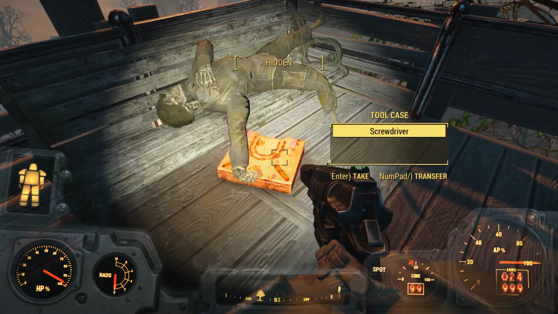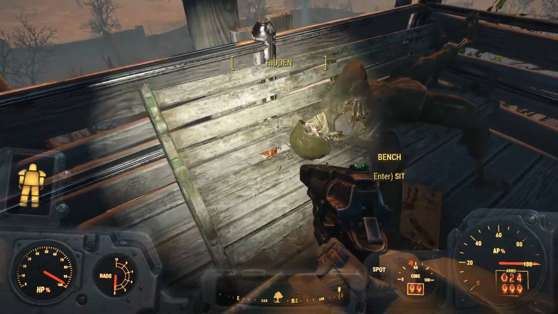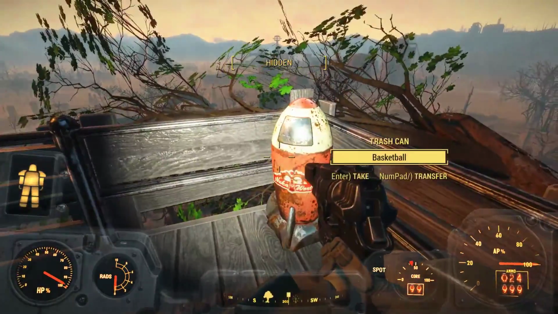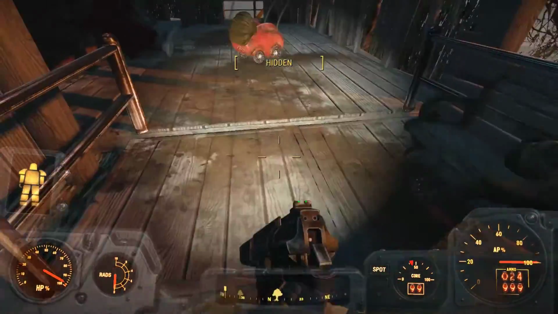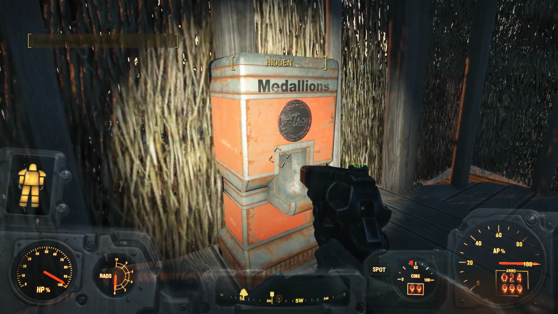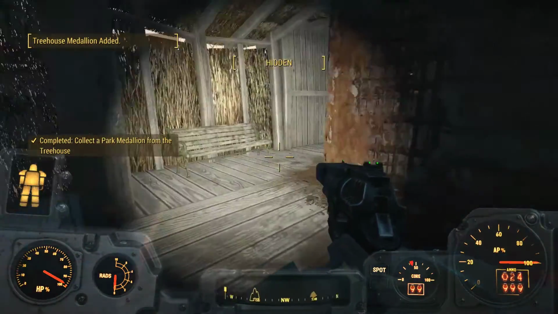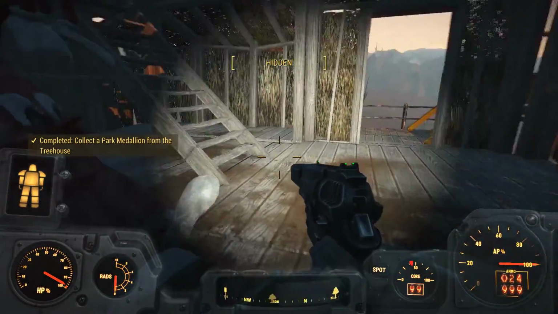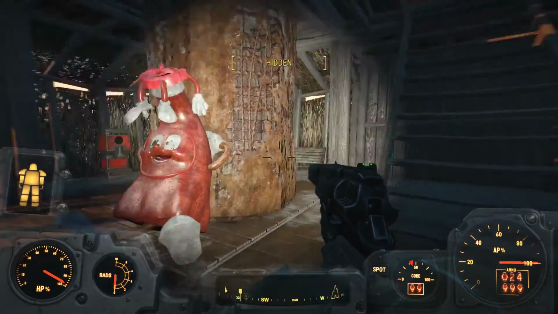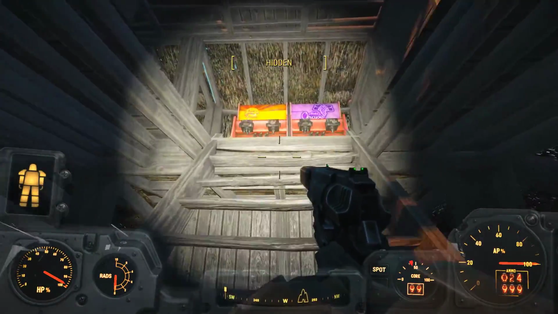10 plasma cartridges and some wonder glue. We'll take that off his hands. Or out of his crate anyway. A basketball, good for rubber. Medallions. Park medallion dispenser. Treehouse medallion added. So I guess we could say that Cappy's been hitting the bottle. Anyway,